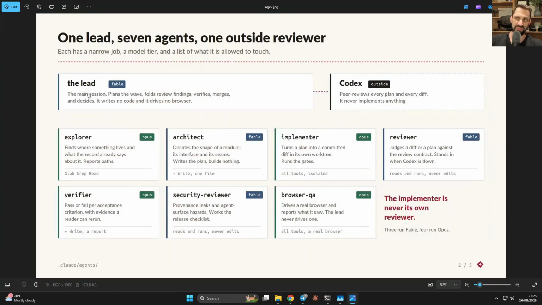So we have the lead, which is a Fable agent, and as of today, we have Fable 5.0. But pretty soon, I think it's imminent, we'll have Fable 5.1, for which I'm quite excited. We have Codex running on GPT 5.6, and maybe soon we'll see a new model. And then we have 7 different